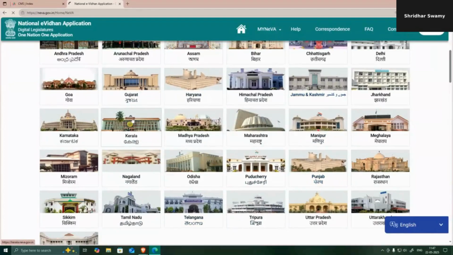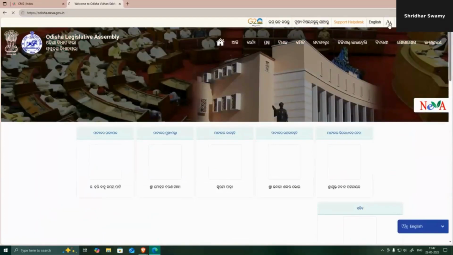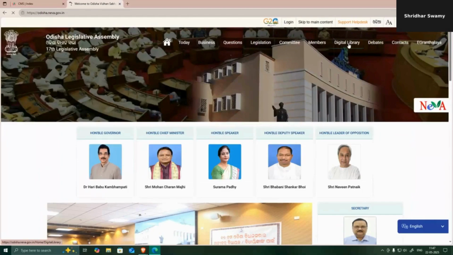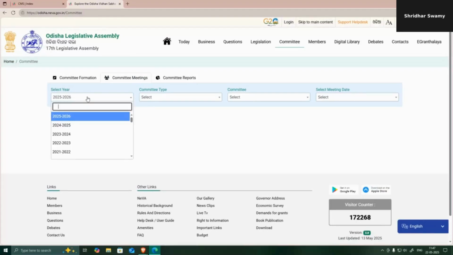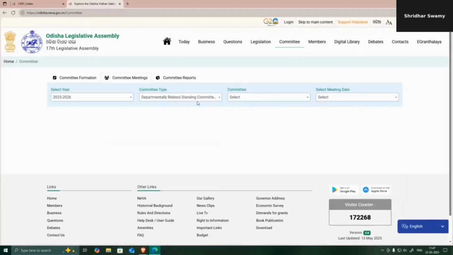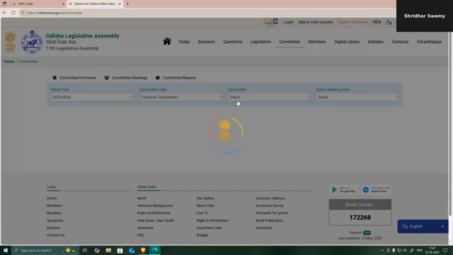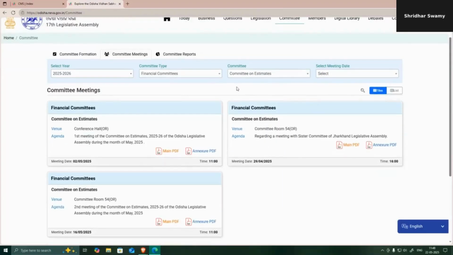Then you have to click on the committee menu, then go to the committee meeting, then select the year and committee type, and after selecting all the drop-down values like year, committee type, committee, and meeting date,